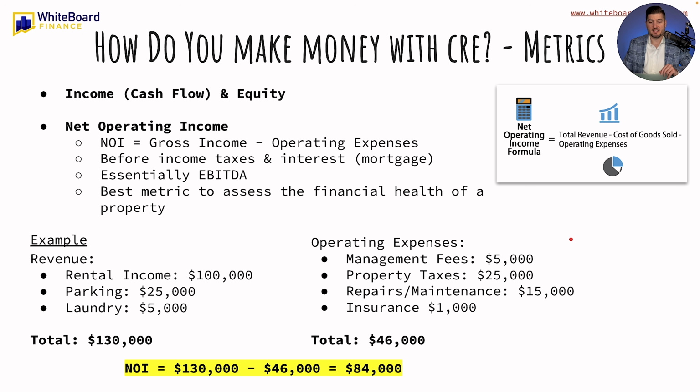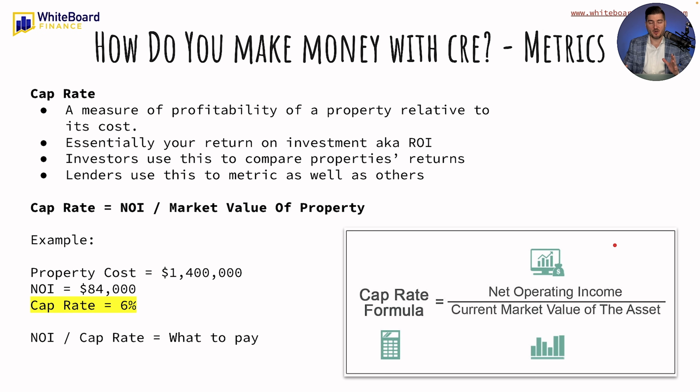But then you also have expenses to maintain a property. Let's say you have 5 grand in management fees, 25 grand in property taxes, 15 grand in repairs and maintenance, $1,000 a year in insurance. I'm just making this up, for a total of $46,000. So your NOI, for all the smart people in the audience, is 130 grand minus 46 grand, which gives you an NOI of $84,000. Pretty simple, right? It is, and I'll show you why, because we're going to calculate a cap rate, and then I'll calculate the